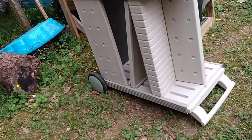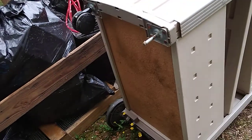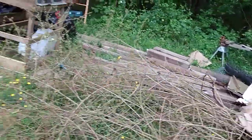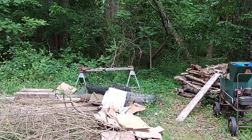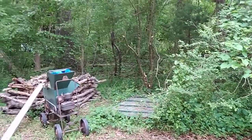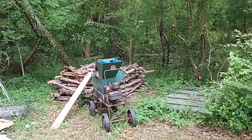I got a free cart. It is a Rubbermaid brand, but the silly thing is missing a wheel. Oh well, I'll figure it out. Bags of bottles and stuff. More lumber I've had for a little while. Talked to the neighbor Ralph, and he's going to let me kind of clear out some of these woods a little bit to reclaim some usable space. Not going to take any of the big trees down or anything like that, but as you can tell,